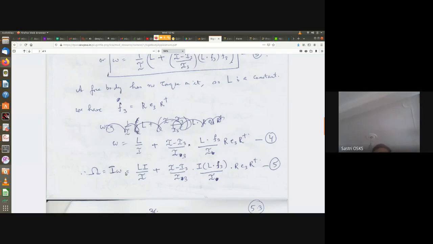Yes, I should have been careful. Be careful here. This I is a wiggly I. This I is your pseudo-scalar I. Okay, they both are not the same. This is not the moment of inertia. Okay, this is basically your E1 E2 E3. Okay, so L times capital I by this moment of inertia I plus I minus I3 by this. Capital I will come here also, multiplying this.